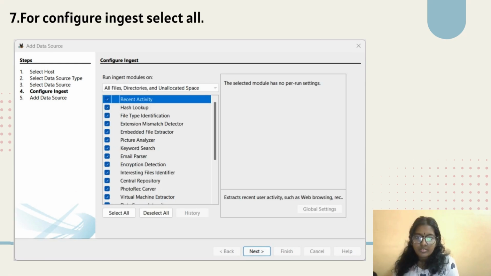Here it will ask to configure ingest modules, which are like the things we are looking for in the file that we are going to upload, for example hash lookup and file identification. So we can select all and click next.